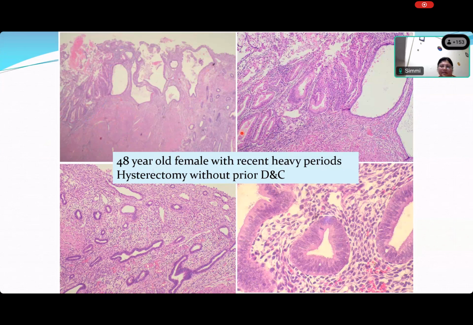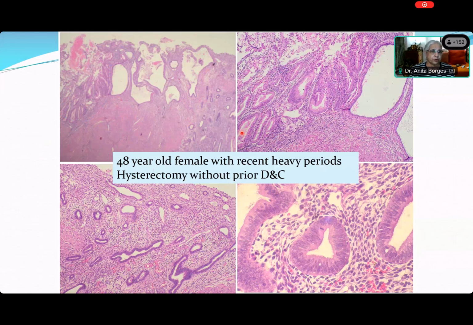Differentiation would have started. So don't give me these big words. How would I know that there was differentiation? Maybe presence of spiral arterioles. Really? Simi, I know it's late and you're hungry. What is the first thing that happens when you have progesterone in a system? Simi doesn't know. Sheetal is not there. Rupali, what's the first thing that happens when progesterone comes into a system? There is no mitosis. There is no proliferation. Proliferation is shut off. Can you see proliferation in the system, Rupali? Yes, ma'am. How do you know that there's proliferation?